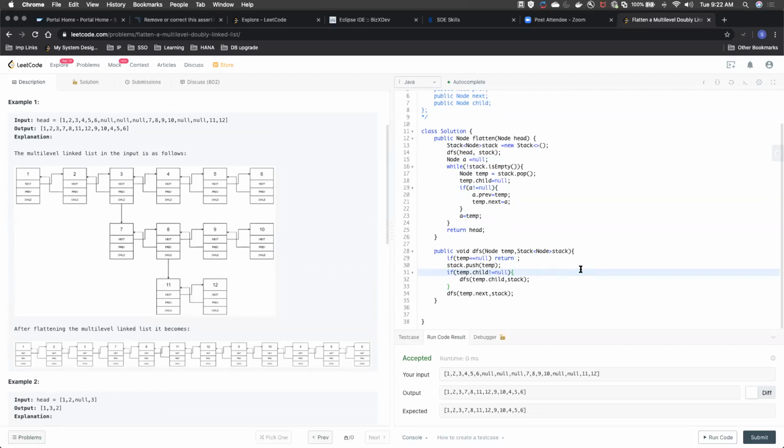But if you're using a stack, I don't think you need to use DFS, right? You can do it in a single traverse. For example, whenever you encounter a child, you will just push the next to the stack and keep on traversing.